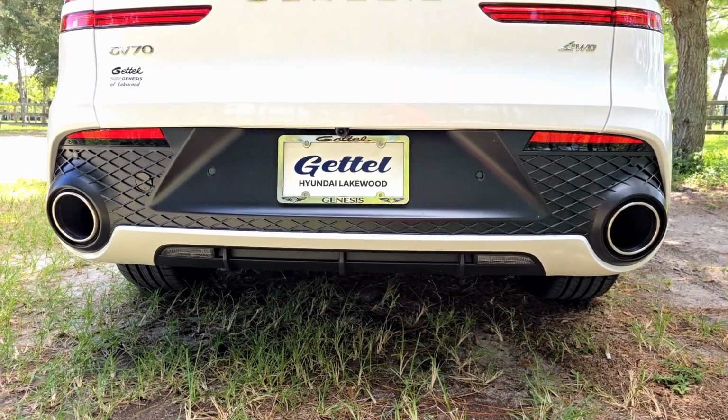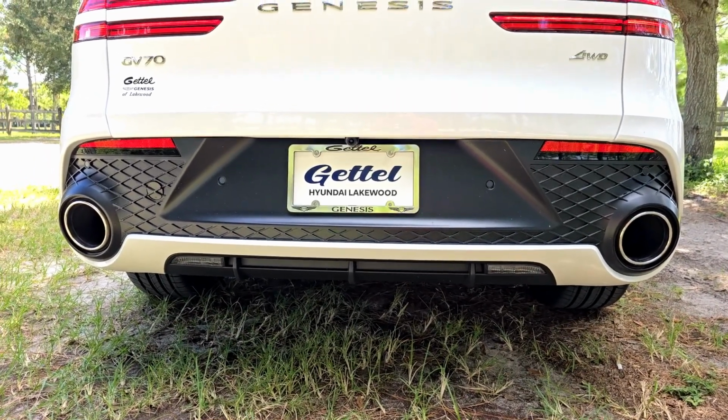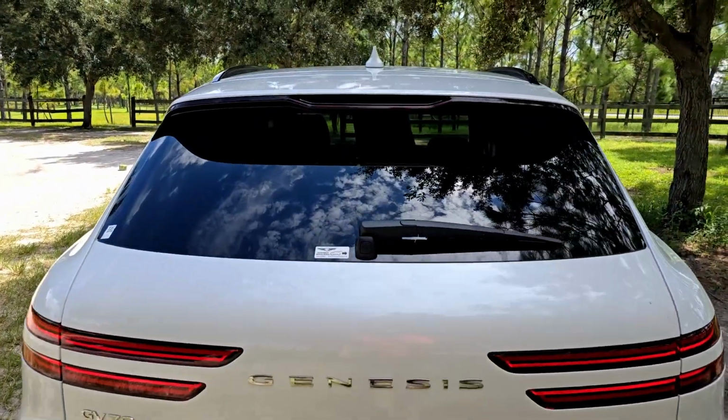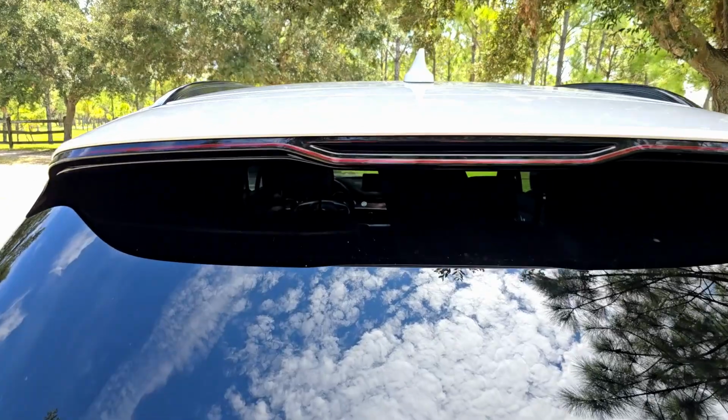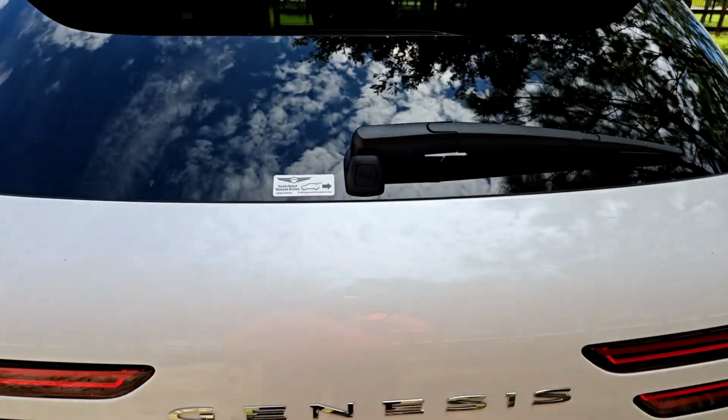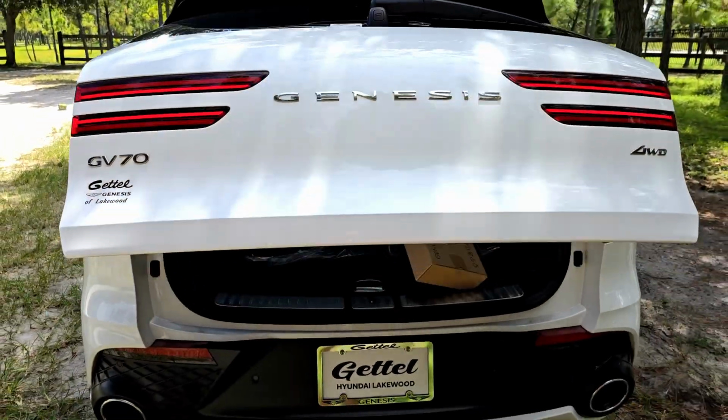We have some texture in this bottom portion of the bumper. Rear view camera right above this license plate bracket. And moving up on top, you have this rear gate spoiler with the LED third brake light. There's an exposed wiper. In order to open the gate, push the button, and let's see how much room we